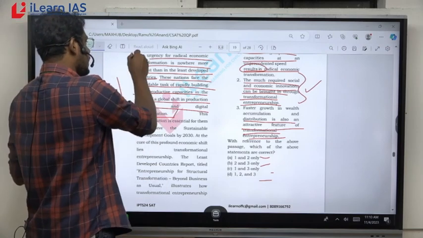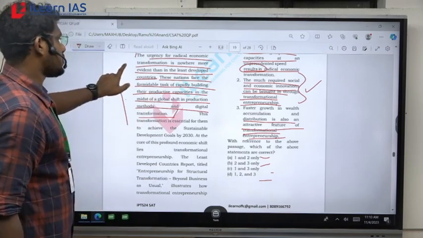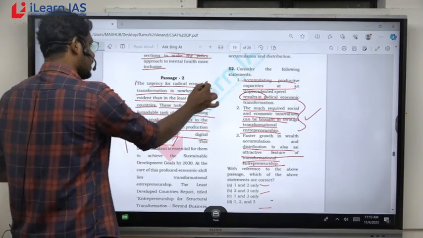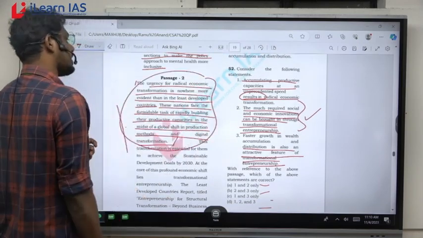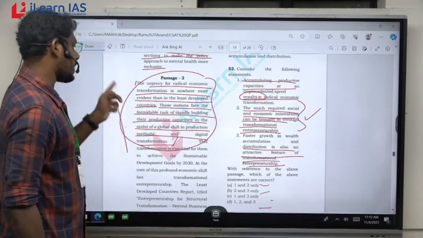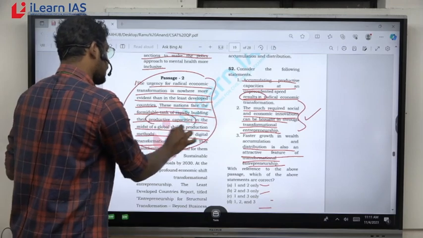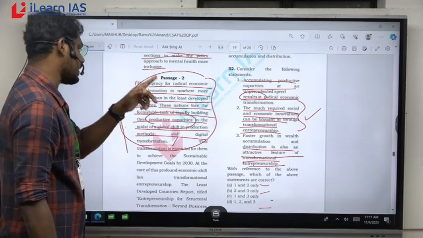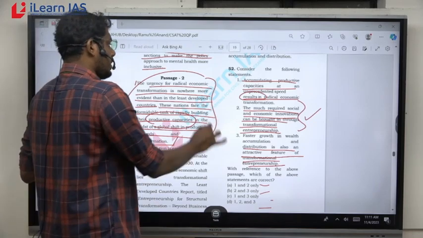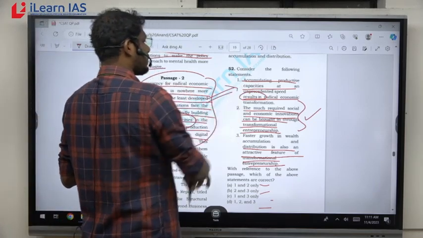So if you connect this first part with statement number 1,